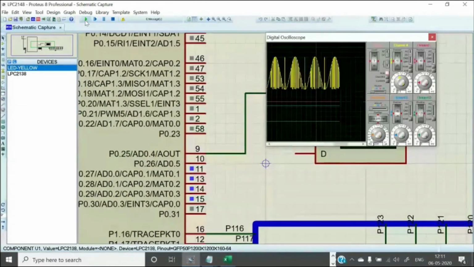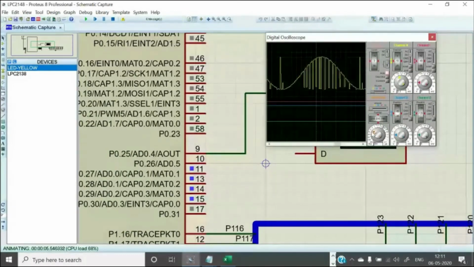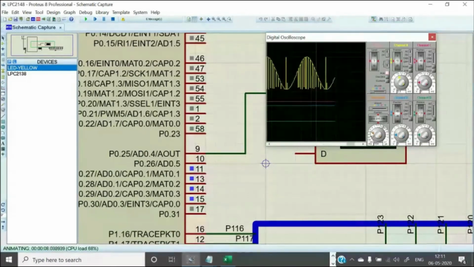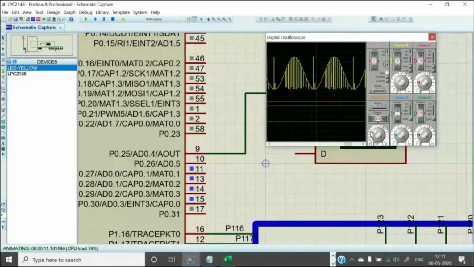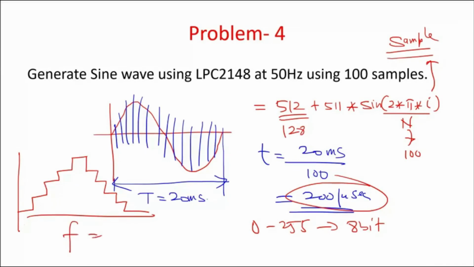See, still it is giving you a pattern as if it is looking like a sine wave, because the majority of the data has the pattern of a sine wave. But what I'm trying to tell you is, if you generate data depending upon your requirement, you can make some attempt and generate random waveforms, sawtooth waveforms, a staircase waveform, or a trapezoidal waveform. Make sure that you are complying with the frequency requirements with a specific number of samples. But the technique is one and the same.